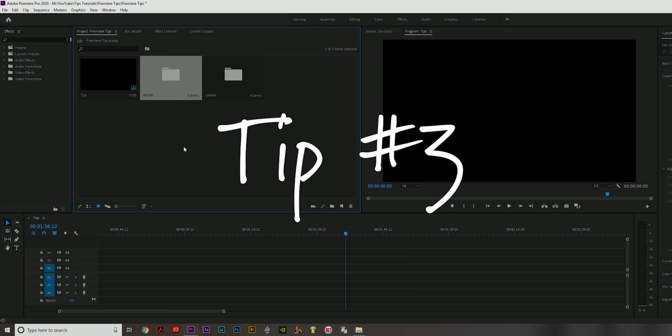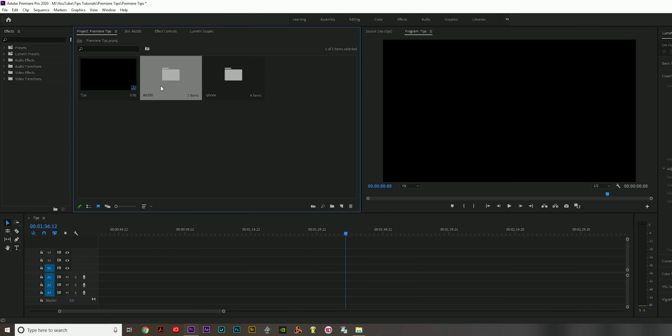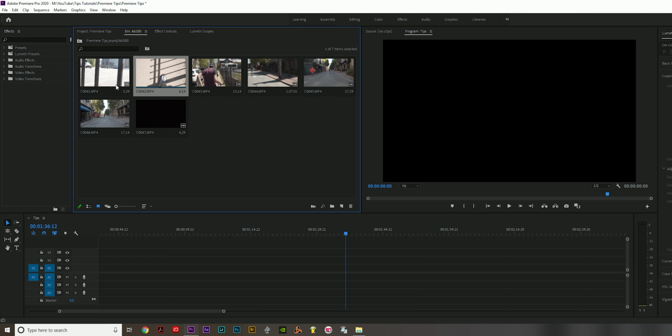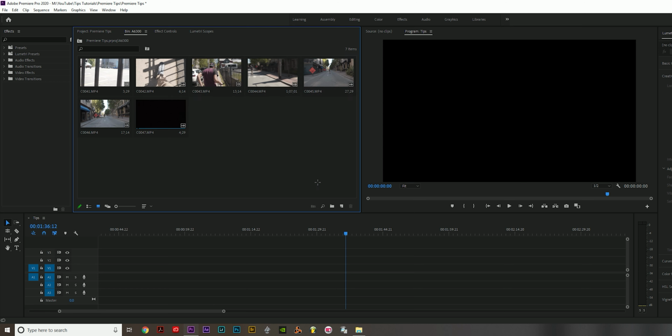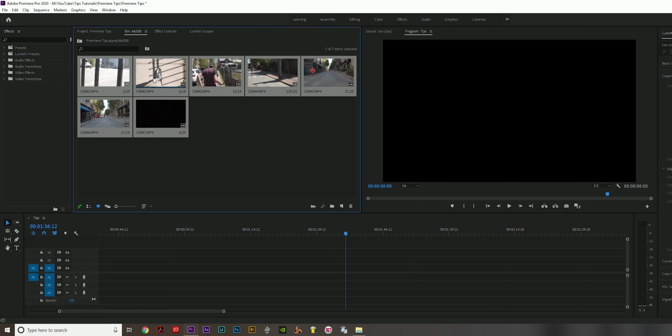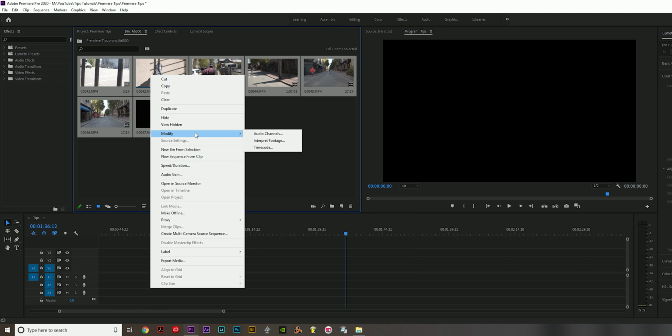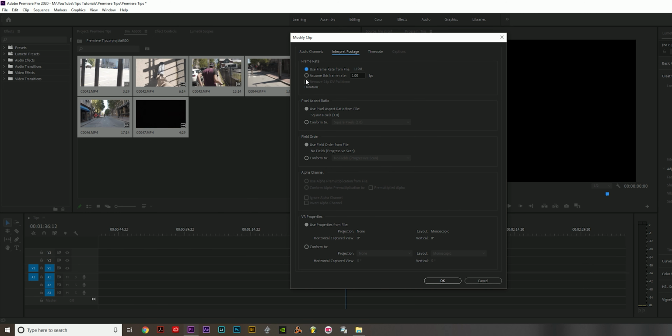Tip number 3 is if you shot your footage in 120p or 60p and you want to slow it down, the cool thing is, all these were shot in 120. So you can highlight everything, or the clips you want to slow down. You right-click and go to Modify and Interpret Footage. And you want to go to Assume this frame rate. So you click on that and then you want to type in